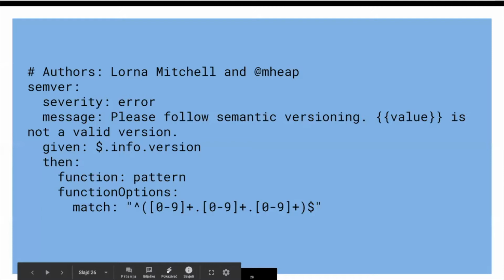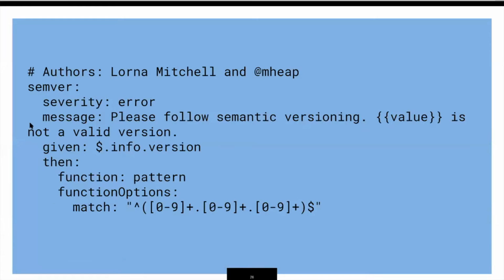But, some that came in from the community, we call this one Semver. If you want to have in your info version field, please use semantic versioning. And again, just a simple bit of regex for that one and says it needs to have a number and then a number and then a number. So 1.0.3 would be valid, but 1.5 wouldn't be valid because it's only got 2 numbers in there.